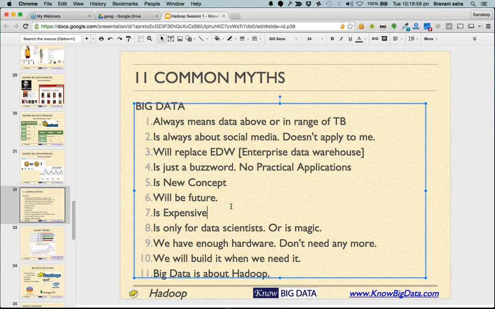Same devices, if they are connected to the network, let's say for 50 lakhs you are getting a supercomputer. In 50 lakh you can actually buy 100 decent nodes, and you can connect those 100 decent nodes and make a data center out of it. So most of the big data solutions are not expensive. They are less costly. The only thing that's expensive as of today is the engineers, and that is because of the demand and supply gap.